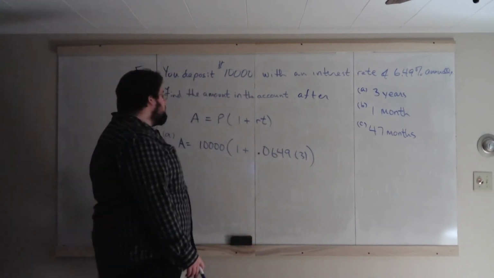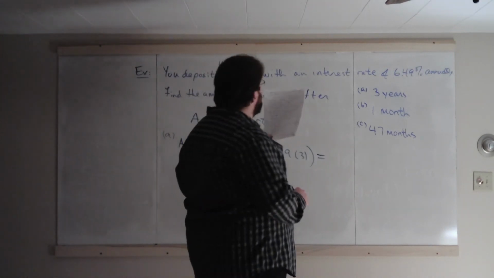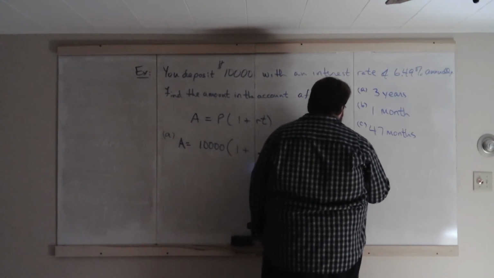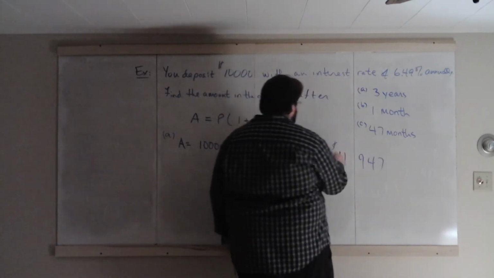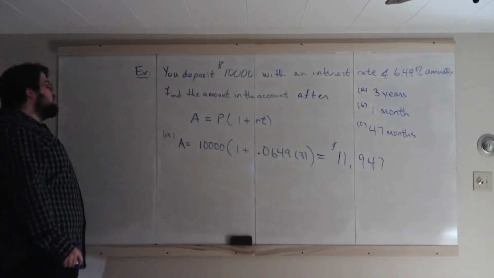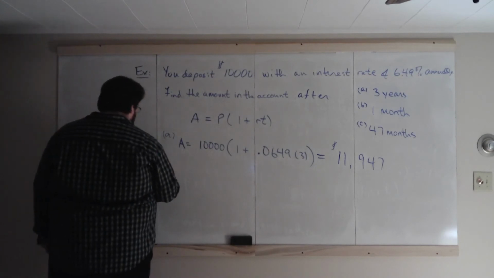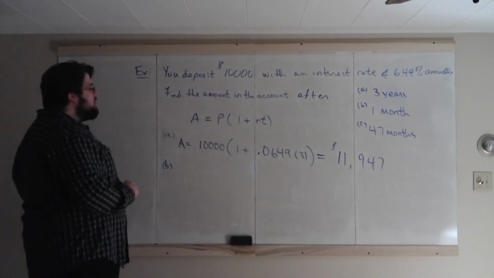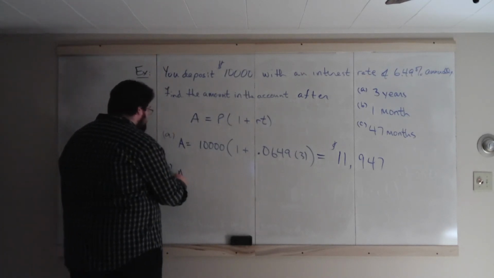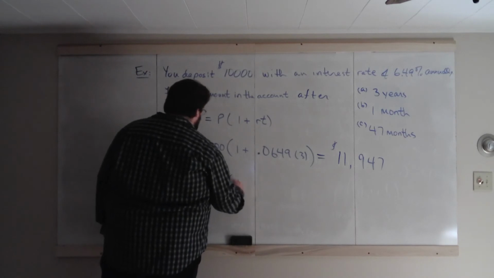So 10,000 times 1 plus whatever that number is, $11,947. So after 3 years, you earned $1,947 in interest. What about part B? Well, for part B, we're going to have to deal with the units of time. But let's set up our equation anyway, as much as we can. 10,000 times 1 plus,